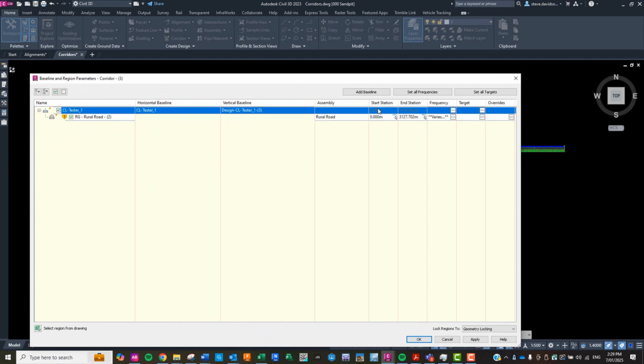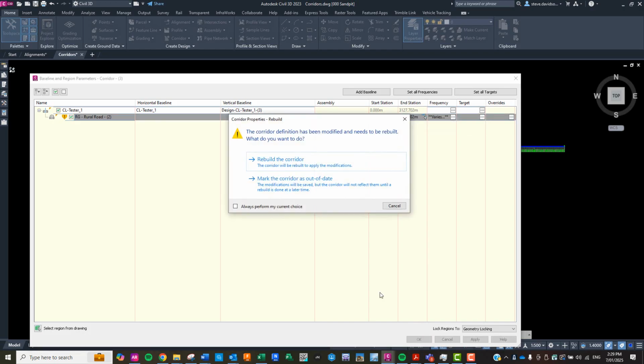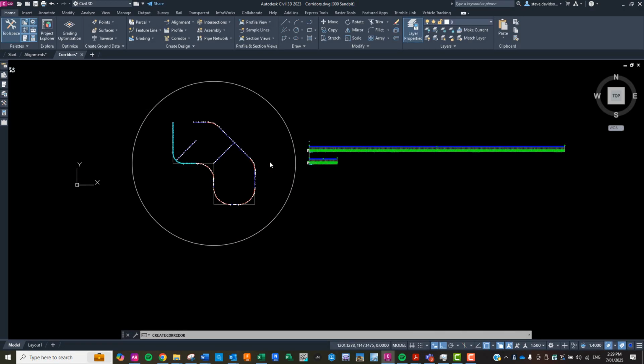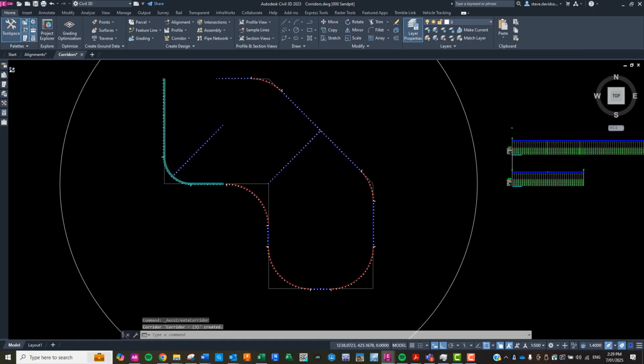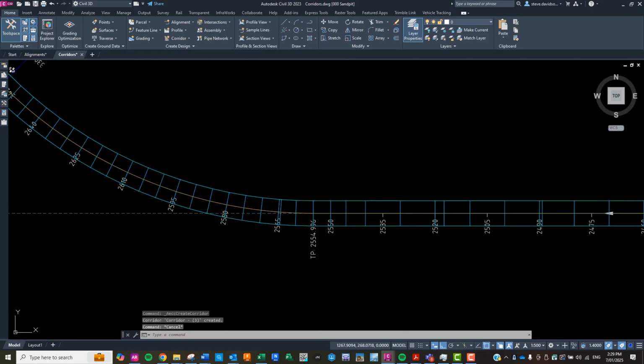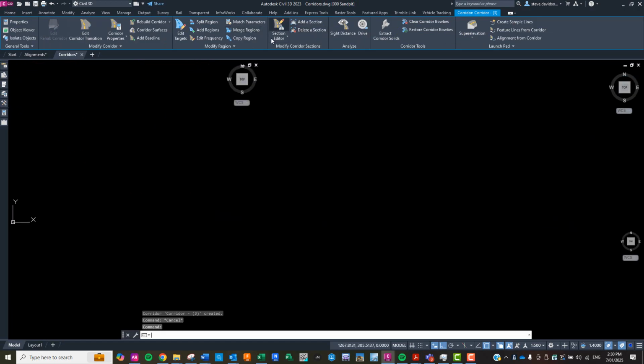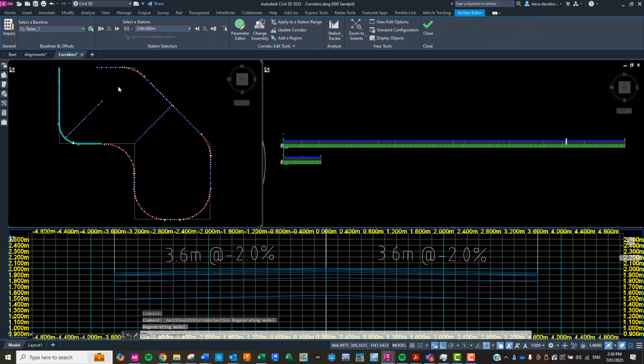And I think we said we'd go from 2,400 to, I don't know, 2,800, something like that. Okay, so it's built a corridor. Happy days. Let's just go and have a look at it. Go to section editor. And if we go into section editor